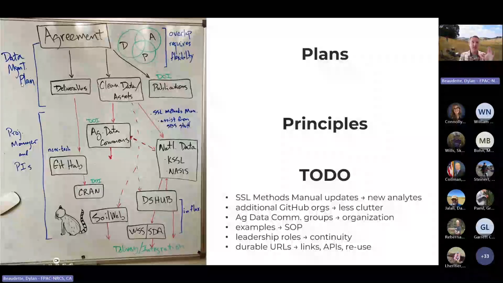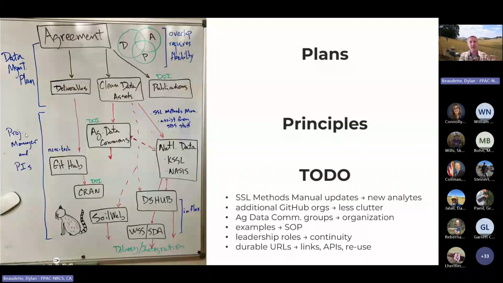And the data management plan outlines the main idea of how we want to organize this stuff. But then it's up to the project manager and PIs to make sure that the follow through continues beyond the end of the agreement, so that these data,